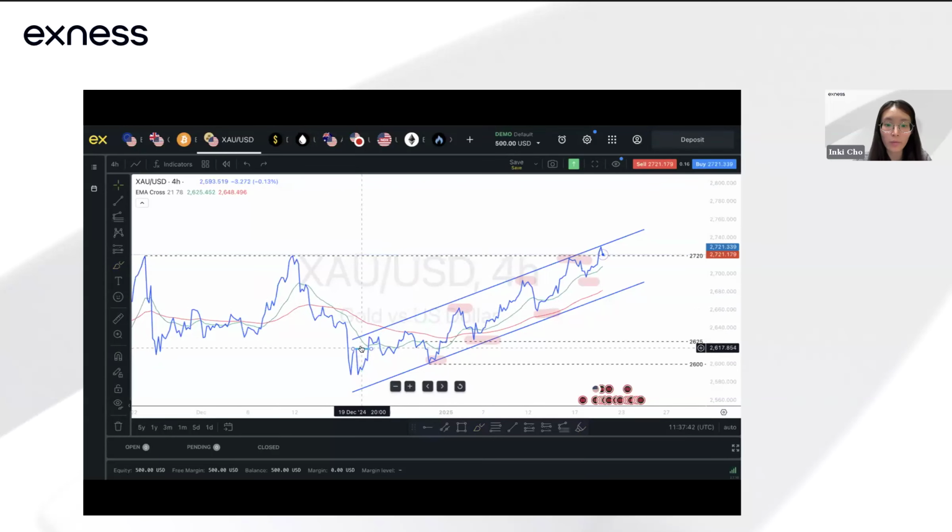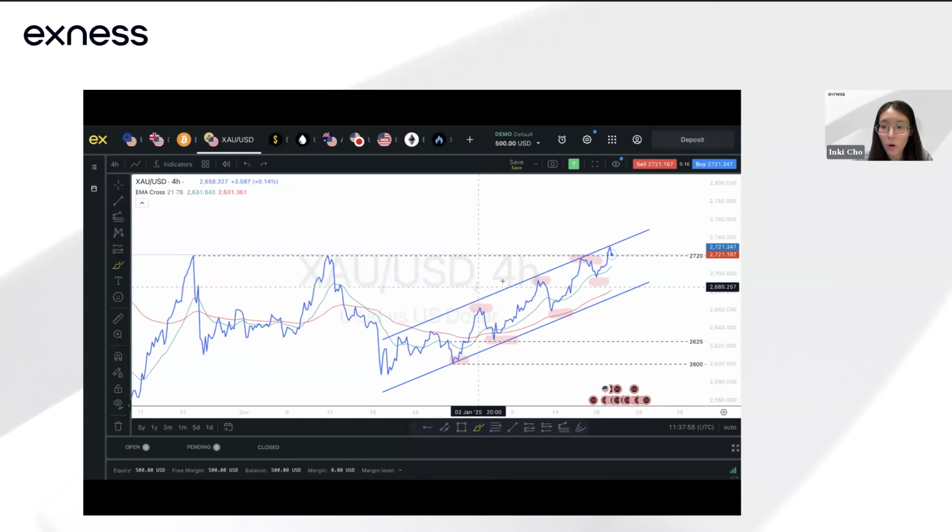So at least on the 4 hours time frame, it's holding within the ascending channel. We could see a slight pullback, but it's still holding above this last low that we have. But this also suggests on the 4 hours that this bullish momentum could still continue. Okay, so that's on the 4 hours time frame. So this is market structure. The idea is very simple, but it's very useful in terms of understanding when we have that shift or we have a deeper pullback.